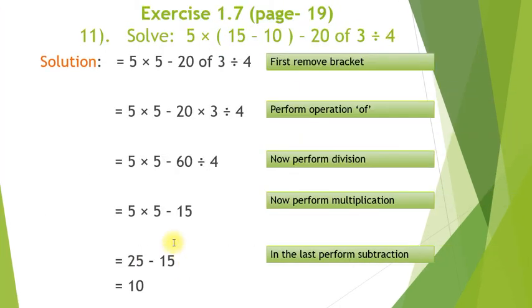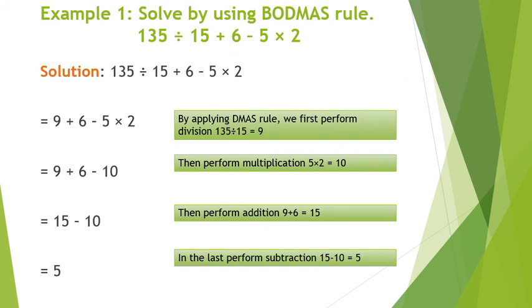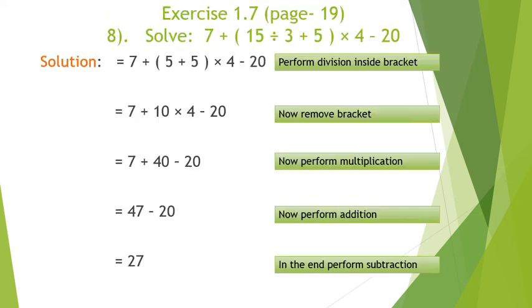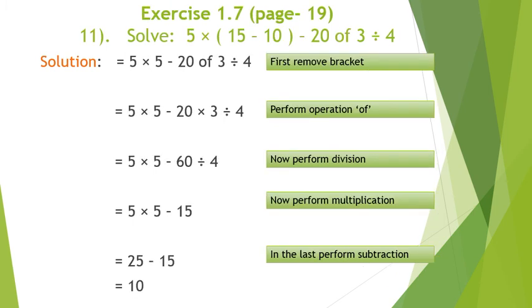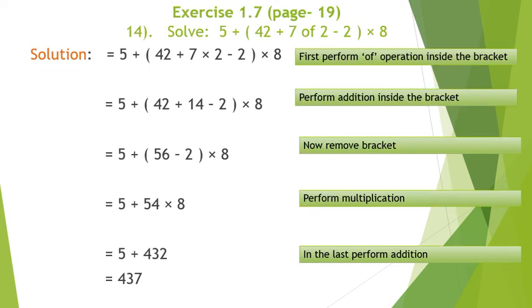Here I want to tell you one thing. From the first sum, there is an equal sign. When you solve these sums, we write the equal sign before writing the values. Every time you have to write the equal sign in all these sums. You can see over here, 11th sum, in the same way you have to write the equal sign. If you don't put the equal sign, then it means your marks will be deducted.